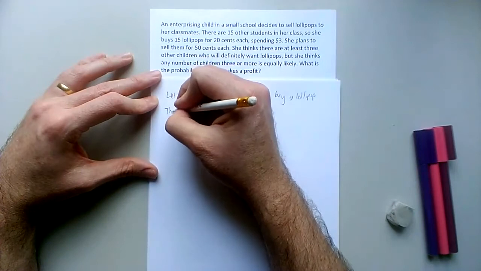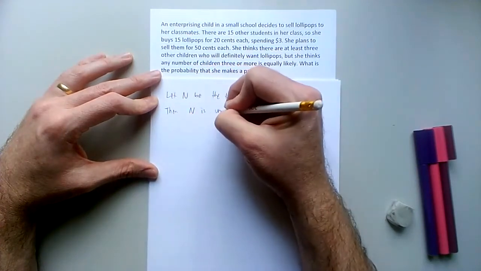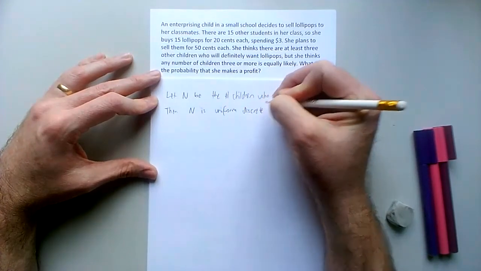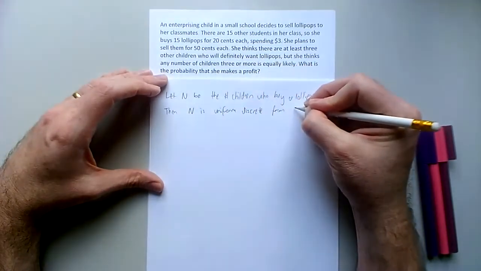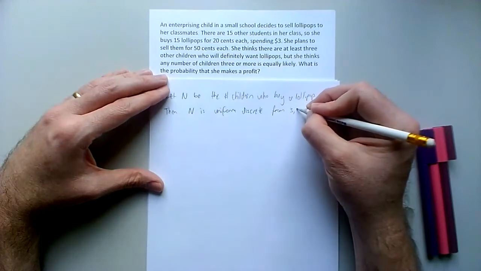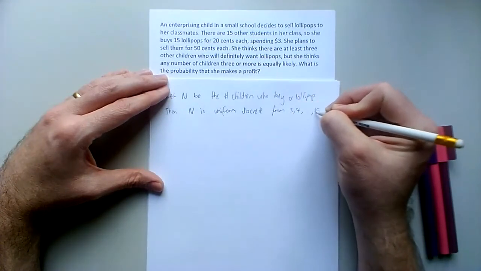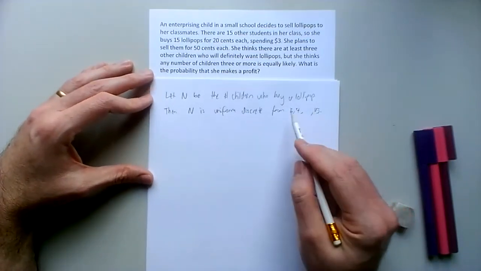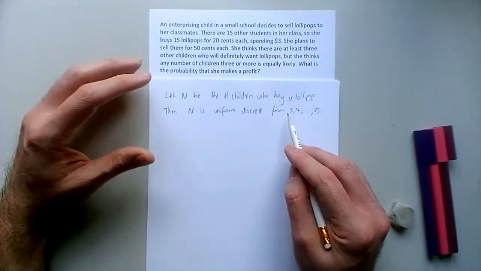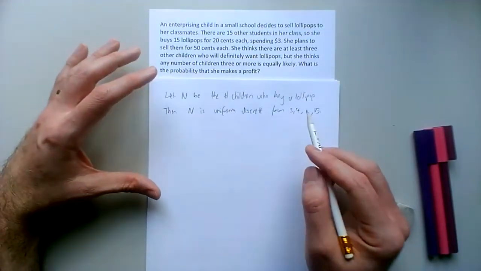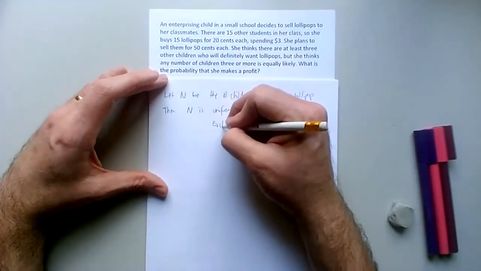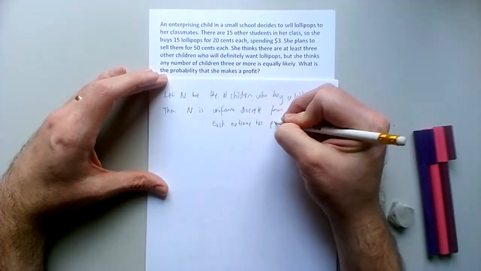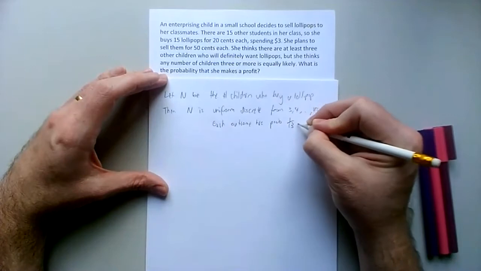Then n is uniform, discrete, from 3, 4 up to 15. Okay, so that's, well, 15 minus 2 to leave the 3 in would be 13. That's 13 options, and so each outcome has probability 1 in 13. Okay,